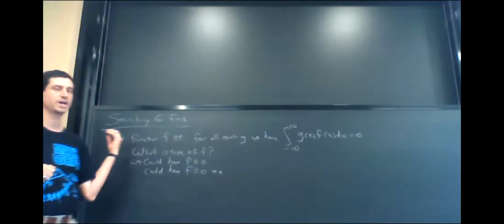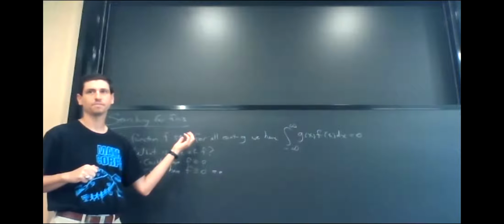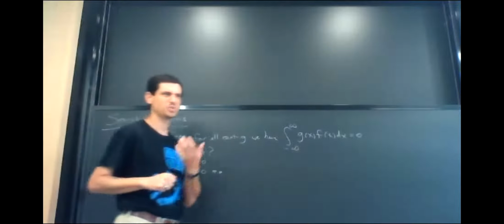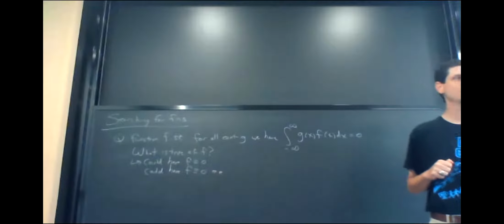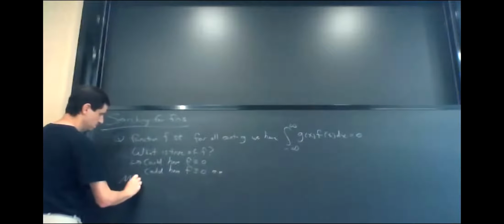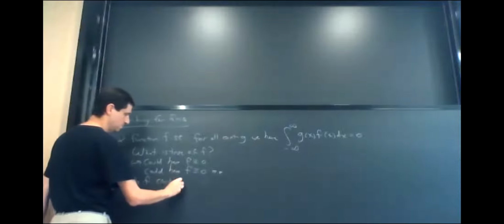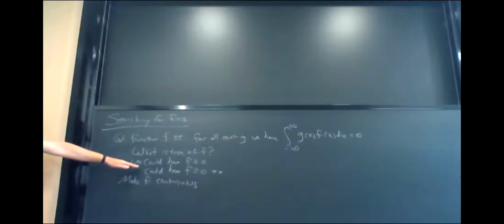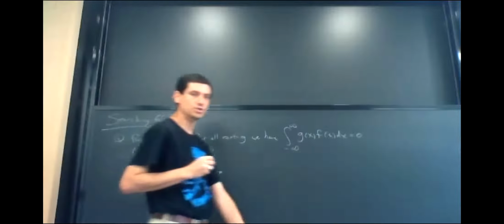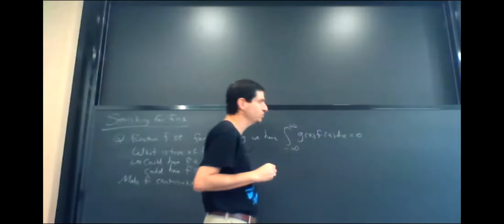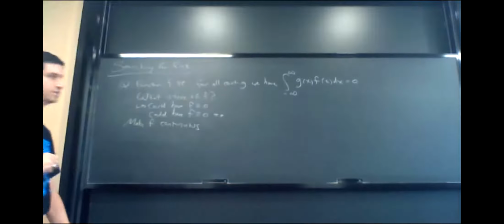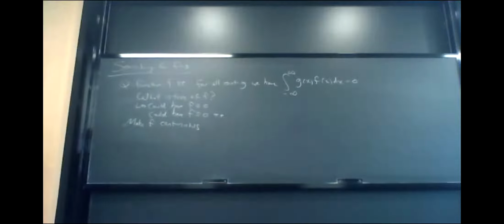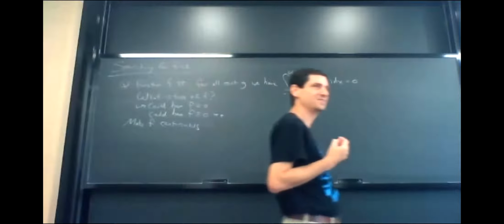Rather than searching for a function f, what kind of function might we want to look for? So I don't have to worry about this almost everywhere. What condition should I add to my function? Continuous. So make f continuous. Now if you make f continuous, that would eliminate the f is 0 almost everywhere case. So what do you think is true? If now we assume that f is continuous, do you think the only thing that works is the 0 function? Yeah. All right, any thoughts as to how you would prove that?